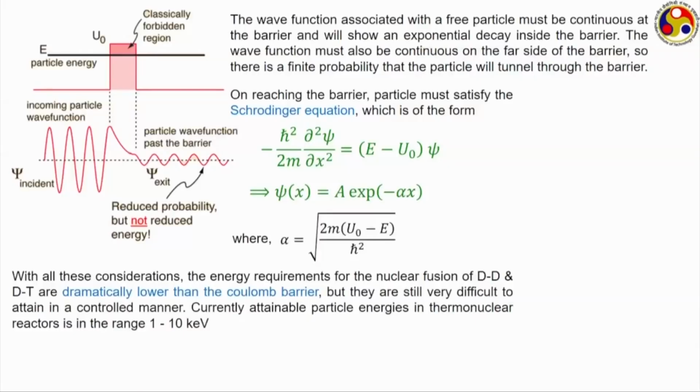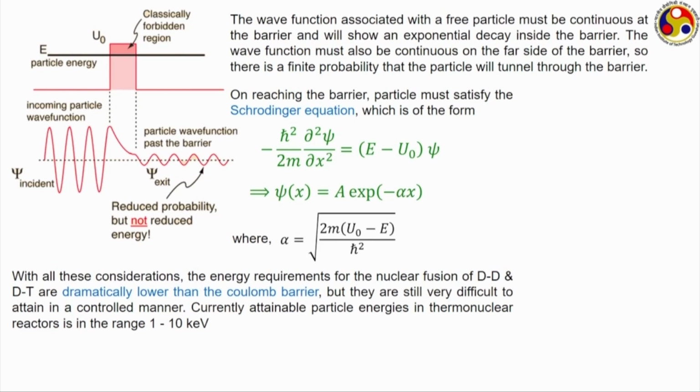But because of this tunneling kind of action and also possible wrong prediction of the radius of the particles, we can see that the practical temperature requirement may not be that high, maybe slightly lower than that astonishing figure that we got in the previous slide, and that is applicable for any kind of fusion interaction like DD or DT reactions. But still the numbers that we may get will be quite substantial.